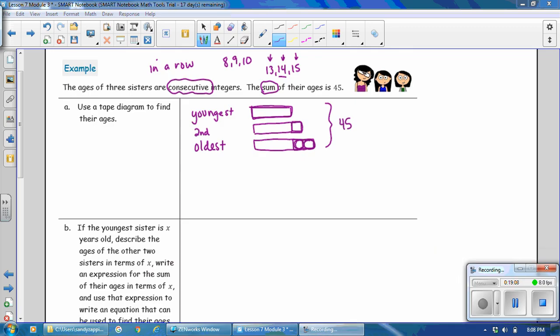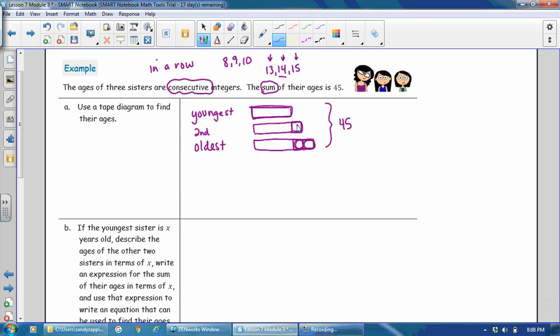I know that this represents 1 year here, and that this represents a year, and this represents a year. So this section, I don't know what it is, but I know that there are 3 of them. So I have 3 of something plus 3 more years equals 45. Well, if I take the 3 years off the 45, that equals 42 years. And that 42 years can be split evenly between these 3 bars because they are the